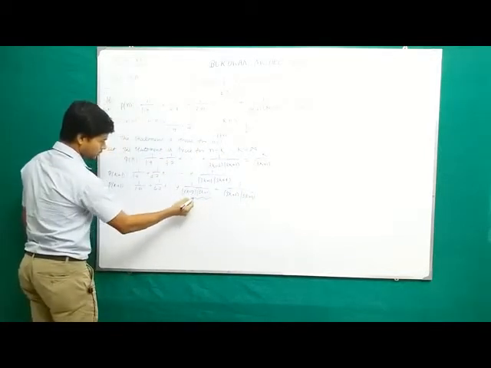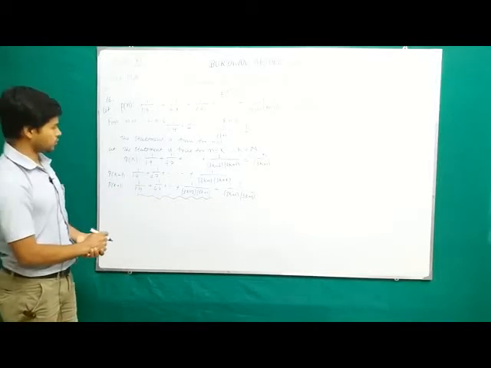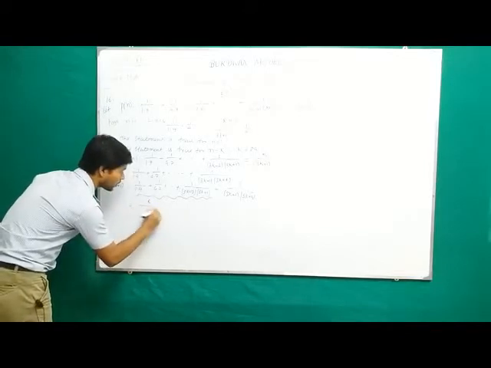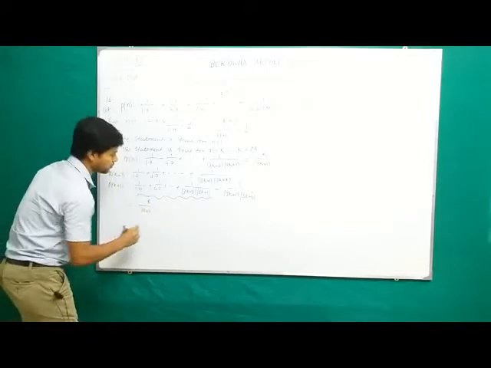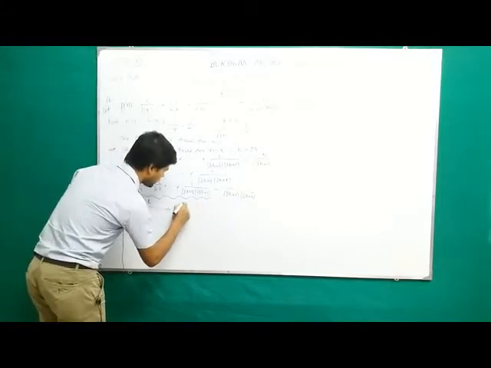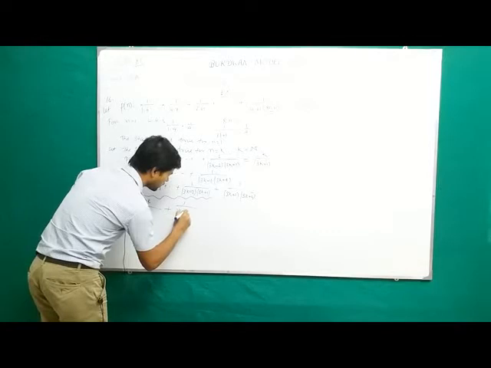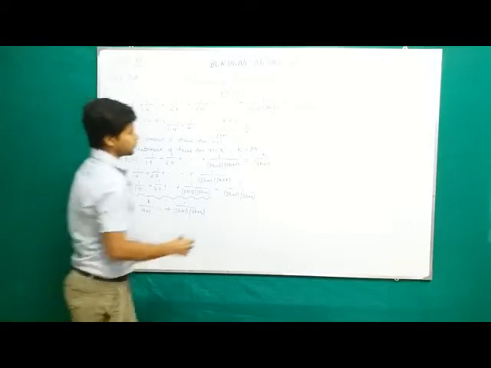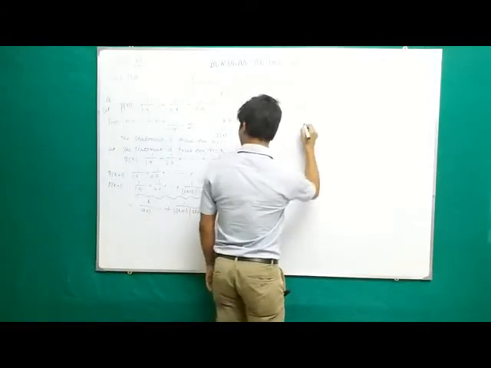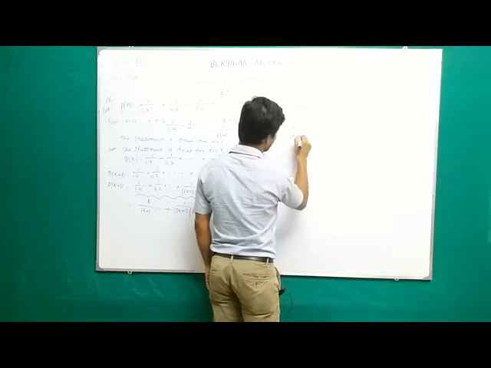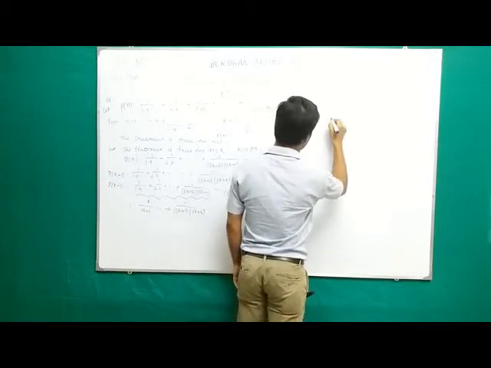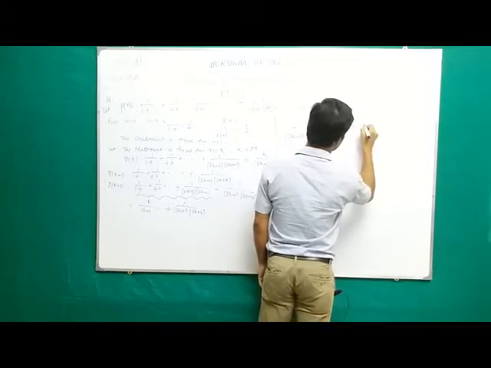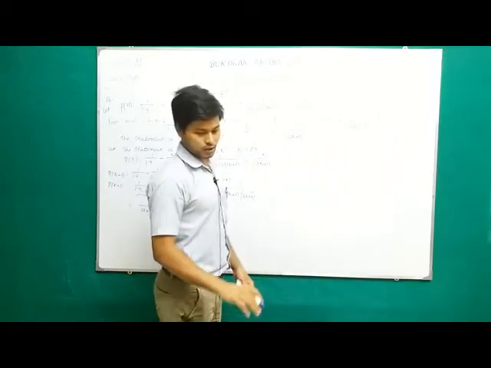Now look at this expression. The value of this expression is known, that is k upon 3k plus 1. So put it here. That is equal to k upon 3k plus 1 plus the last term, 1 by (3k plus 1) into (3k plus 4). Now do the calculation. You can take 1 by 3k plus 1 common, so it will be k plus 1 by 3k plus 4.